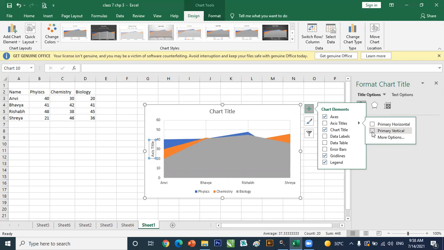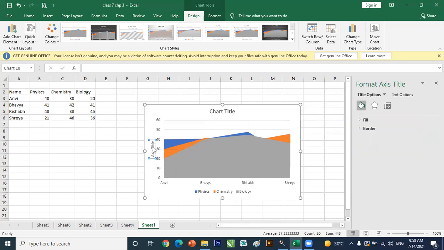If you go for the primary vertical axis title, then the rotated title appears. Look, the changes are appearing. If I click on this primary vertical, the title appears as a rotated title. If we want to make any changes, then we can select it and write anything on this side. I showed these things in the previous video. If you want to add any title, like here marks are there, so I can write marks also. How are we changing it? By double clicking and changing it.